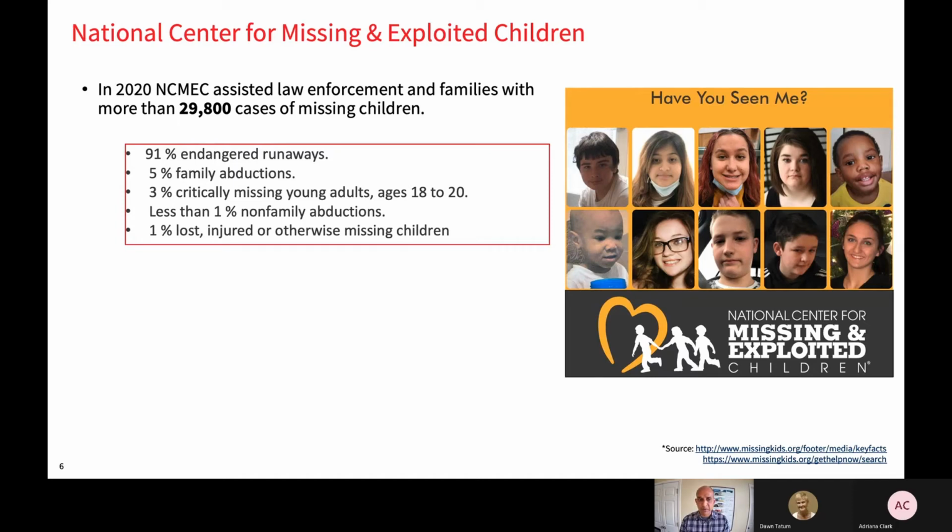Now, 5% of the missing children were actually abducted by their own family members, whether parents, relatives or siblings. And 3% were critically missing young adults between the ages of 18 and 20. And less than 1% were non-family abductions.